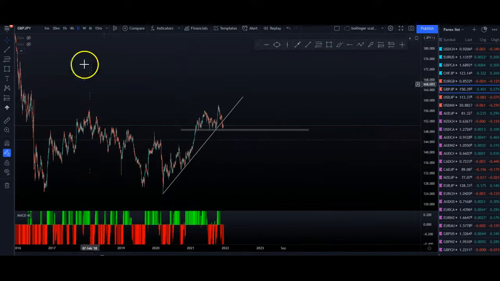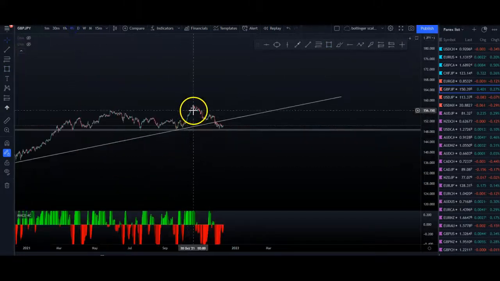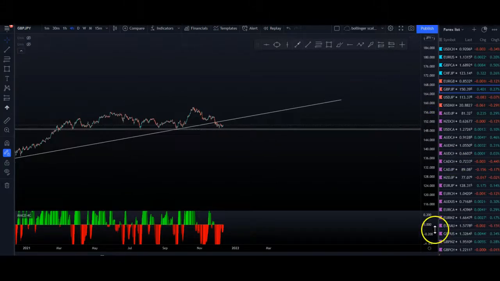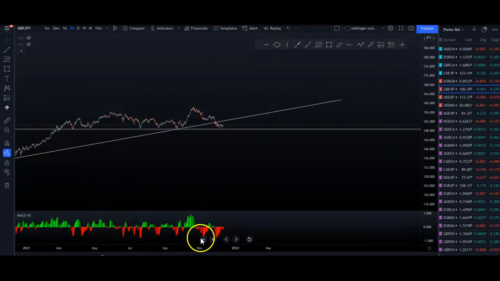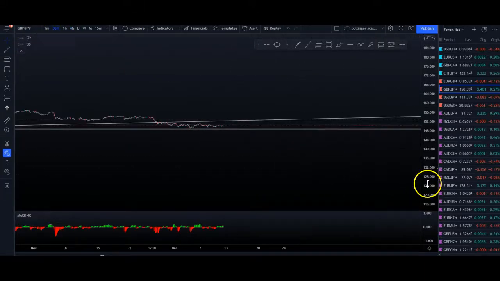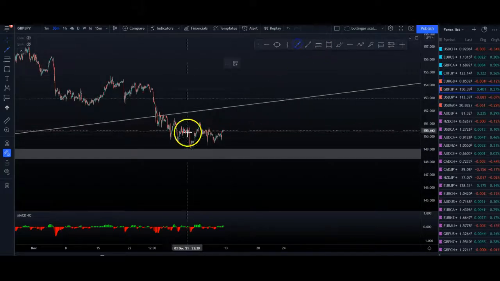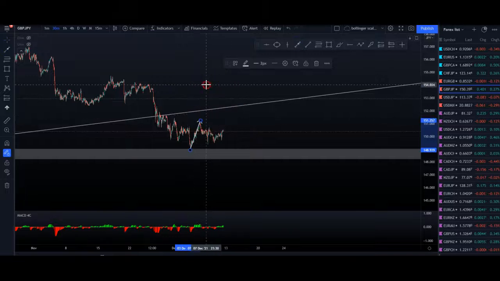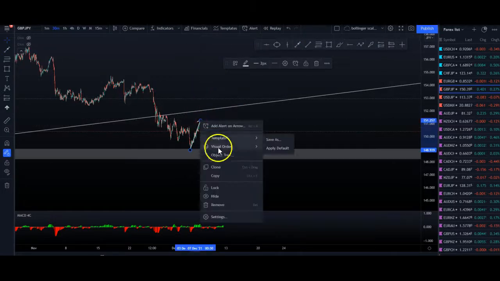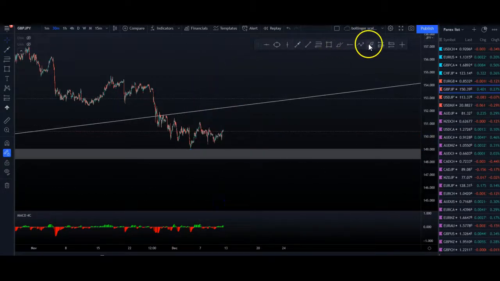Okay, and let's go to the 4 hour to see that move right here, that swing. In the 4 hour, we do have this divergence, which tells that the market can keep going up. Let's go to 30 minutes. So I want to show you a possible trade that is going on right now. This is what we're expecting the market to do, or what I'm expecting the market to do. Remember, the market can do whatever it wants, but normally, in my experience, the way I see the market, the way it moves,